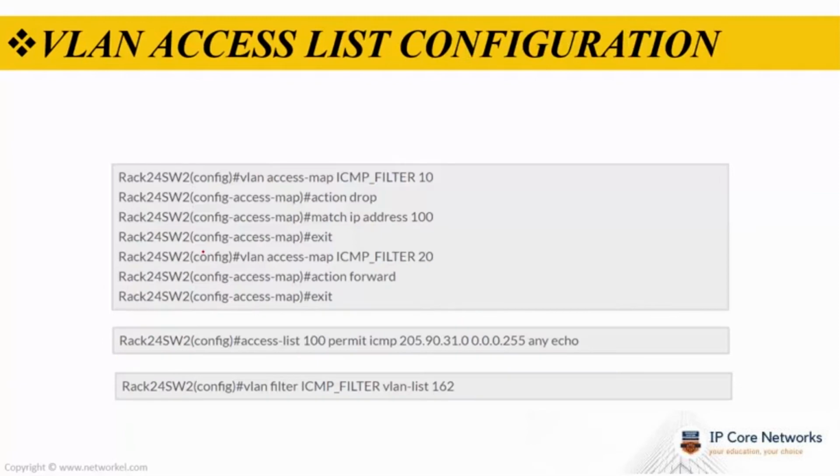And here is the configuration of the VLAN access lists. First, a VLAN access list is created, as you can see, with vlan access-map and the name of the VLAN access list. Then we create an access list and the corresponding IP address range is determined. And then the VLANs to be filtered are chosen